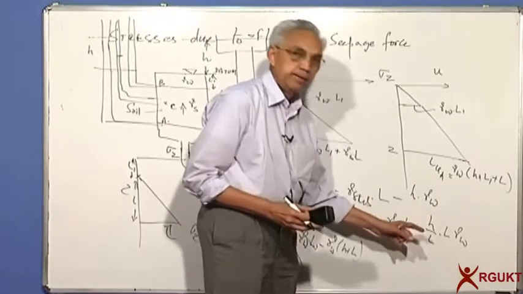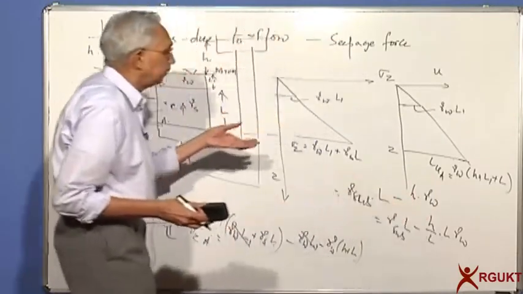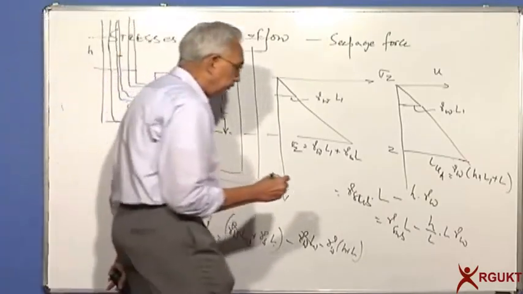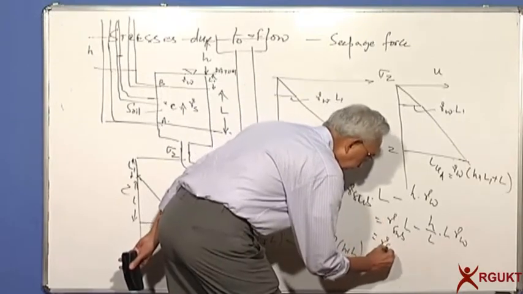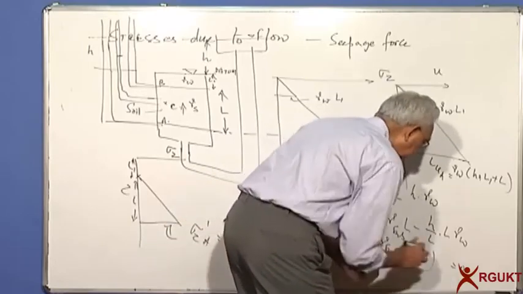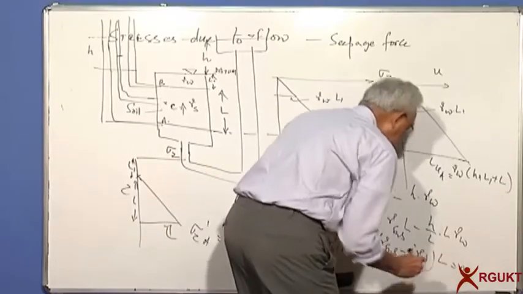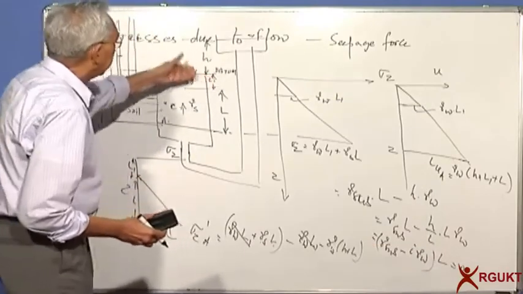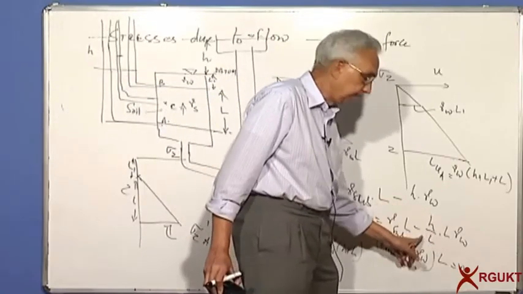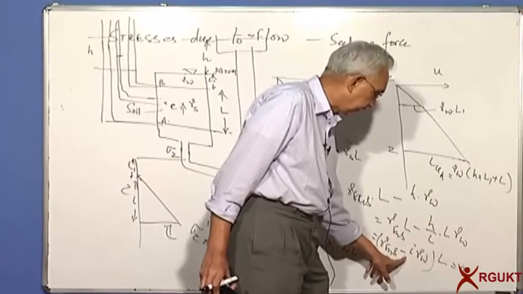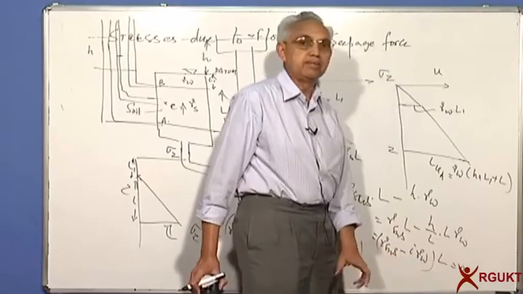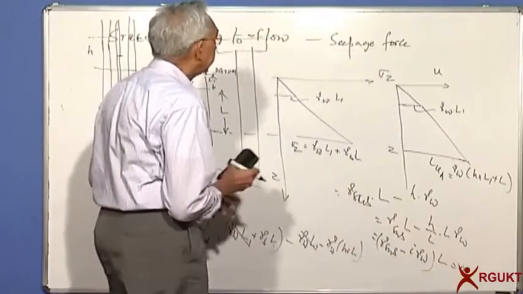What is H by L? It's nothing but the gradient. You have defined earlier in permeability studies, the gradient is equal to head loss divided by the length. So you now find that gamma submerged minus I gamma W into L is equal to 0. Suppose we keep on increasing the height H. What happens? If I increase height H, H by L increases and this gradient I increases. Is it possible at some stage that gamma submerged is equal to I gamma W? That is called the critical hydraulic gradient,